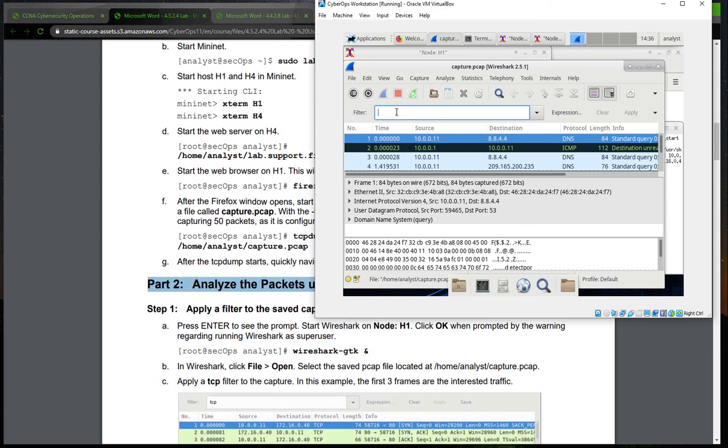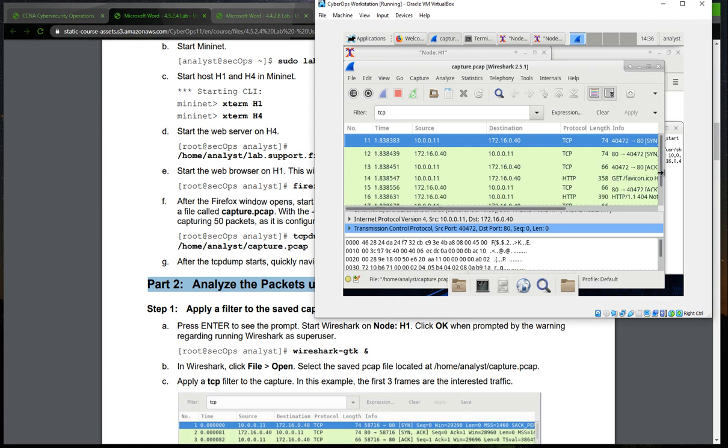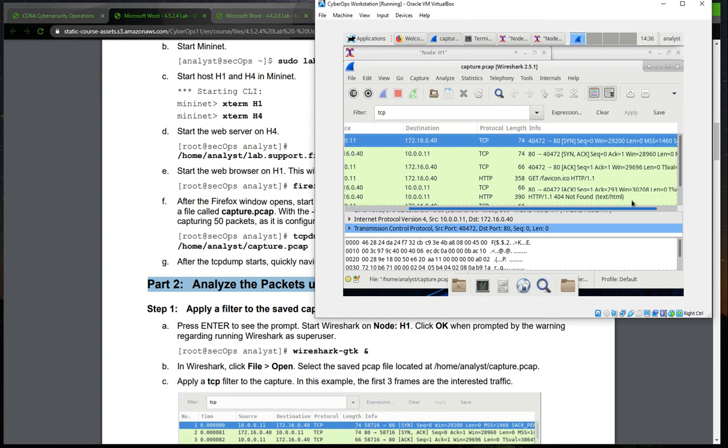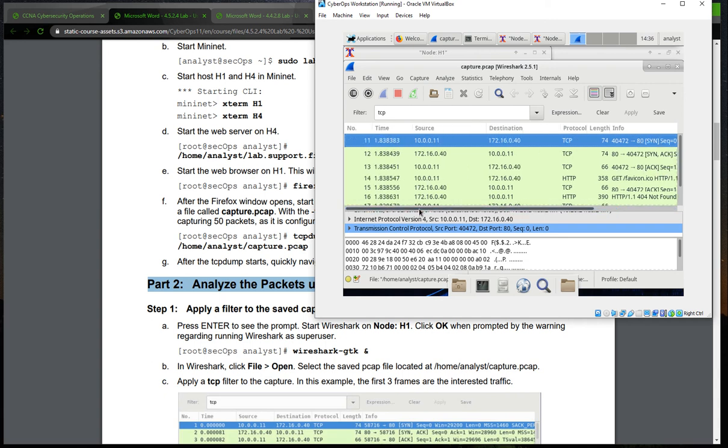Let me show you. You can see that we have the first TCP packet as a SYN, the second as a SYN-ACK, and the third as the acknowledgement, the ACK, which is sent by the client.